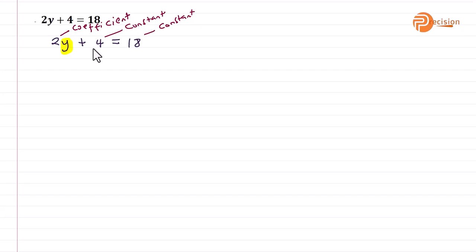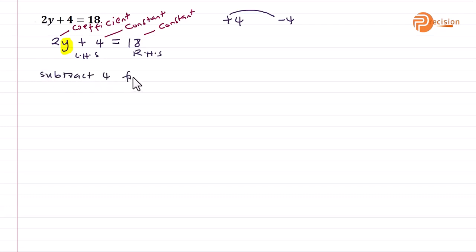The one that is alone here is positive 4, right? So because it's positive 4, we need a negative 4. Because it's positive, we just do the opposite. Reason being, we want to move 4 to this other end and also move 2 to this other end. They are on the left hand side of the equation. We want to move them to the right hand side. Okay, so let's continue. We can now say subtract